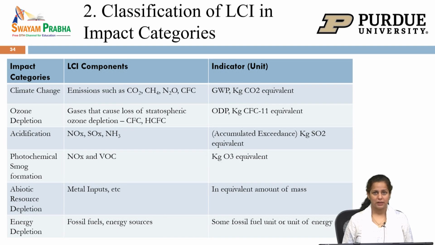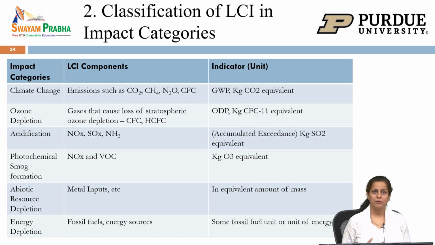Classification of LCI into impact categories. Here is an example. So, you have impact categories given. What you do is that you select each of the emissions. There may be a one-to-many mapping, which means that each of your emissions and resources may be contributing to multiple impact categories. So, for example, for climate change, we have CO2, methane, N2O and CFC. For each impact category, you also have a unit prescribed. The prescription of unit is actually based on the reference chemical that is used to see what the